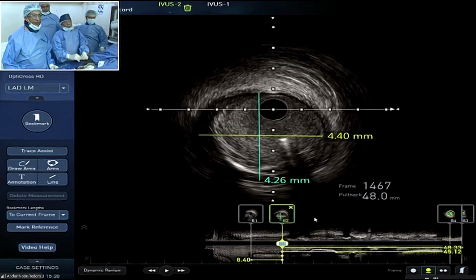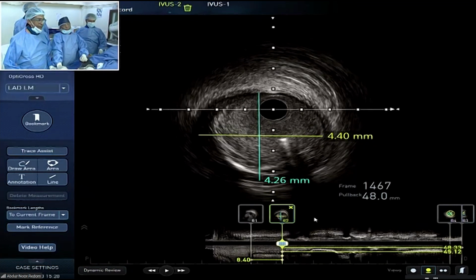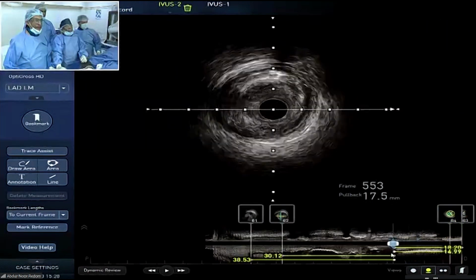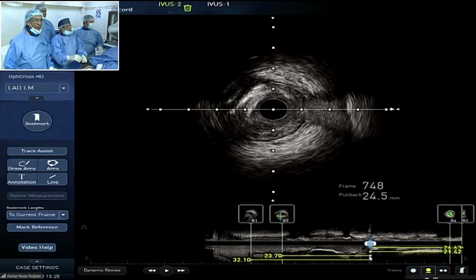I think it's difficult to do that. Either Synergy or Onyx are the ones that come close to it. Yes, but obviously you might lose some radial strength when we go up that high.